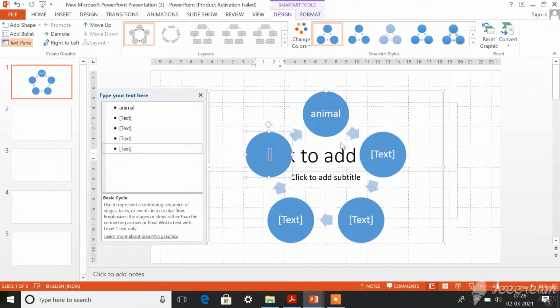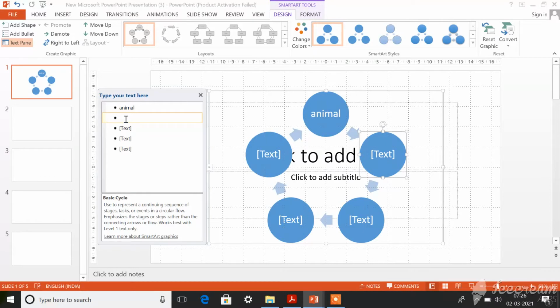So whatever I type here will be visible in this dialog box. If you want to edit anything, you can edit here as well. If you type anything here, that will be visible inside this circle. So this is how you should enter text inside your SmartArt. You understood, children? So this is all about your SmartArt.